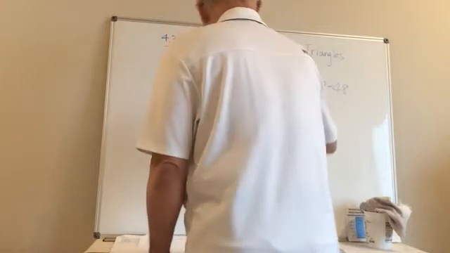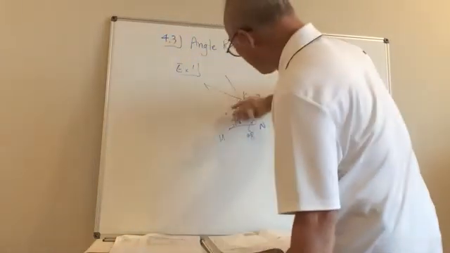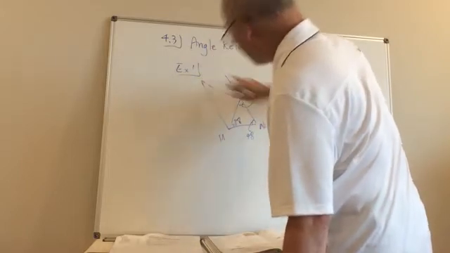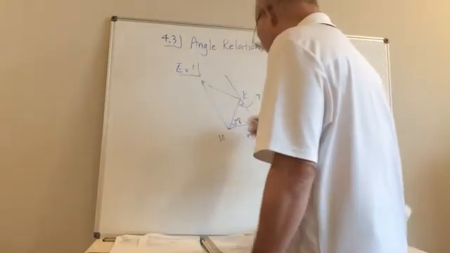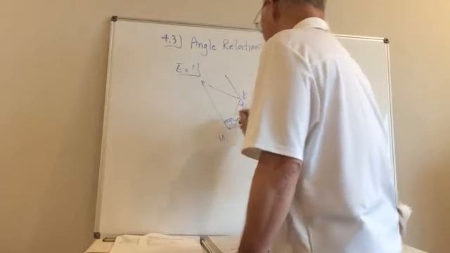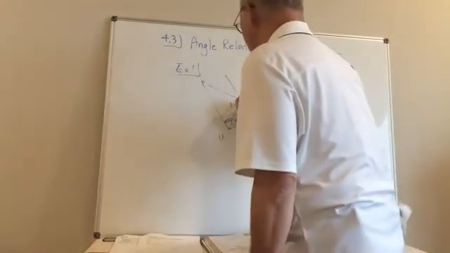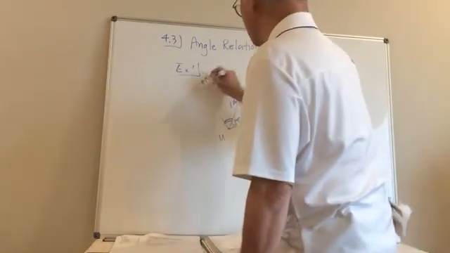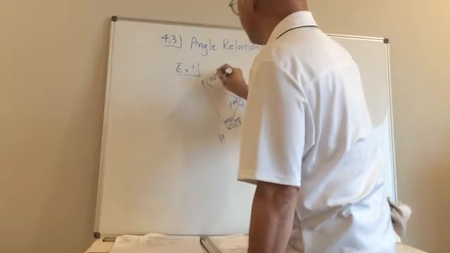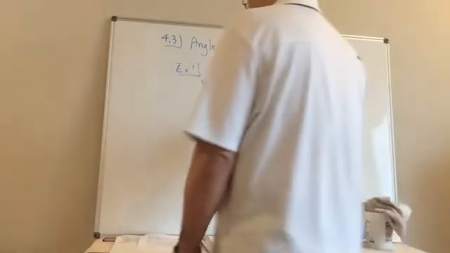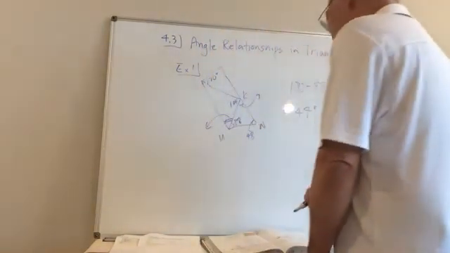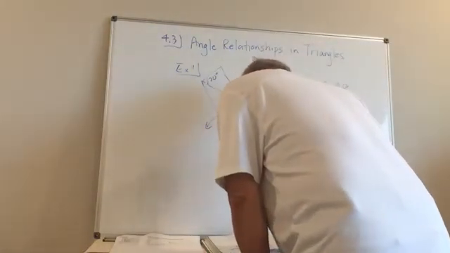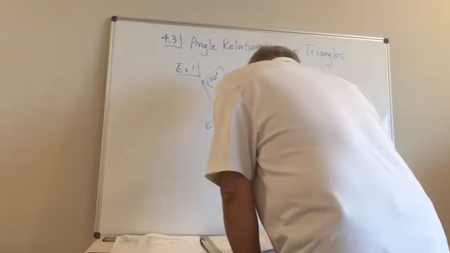this guy here. Okay, so they want to find this guy right here. When we know that this is 104, this guy here is 104. And we know that this guy here is 70. Okay, so we need to find this guy here. In order to find that, how would we find that? Do we know anything that's parallel or anything like that? No, we don't. So we would have